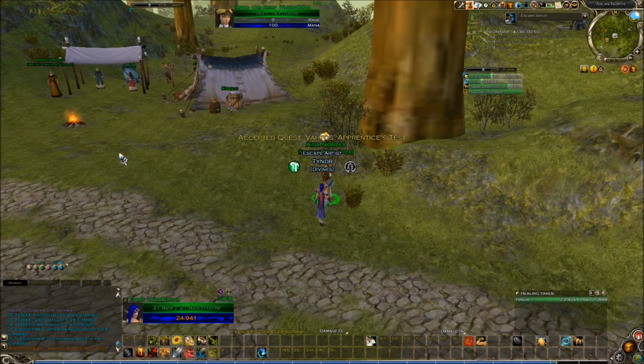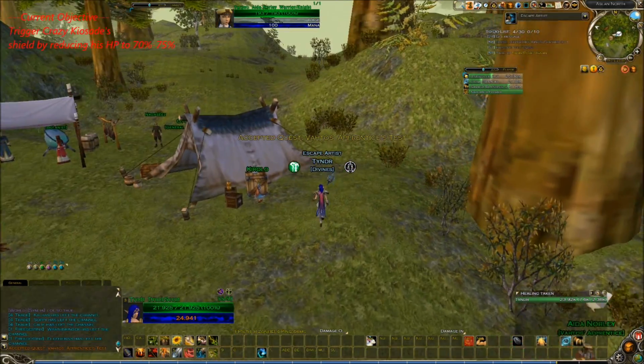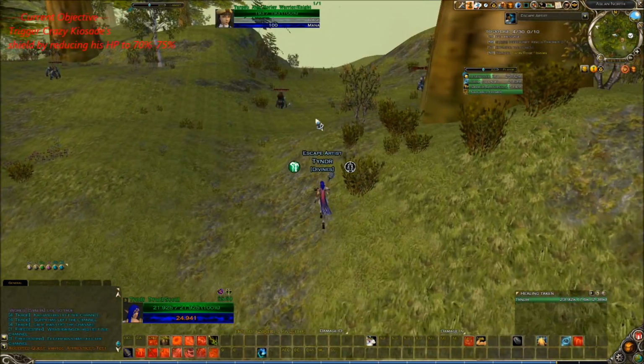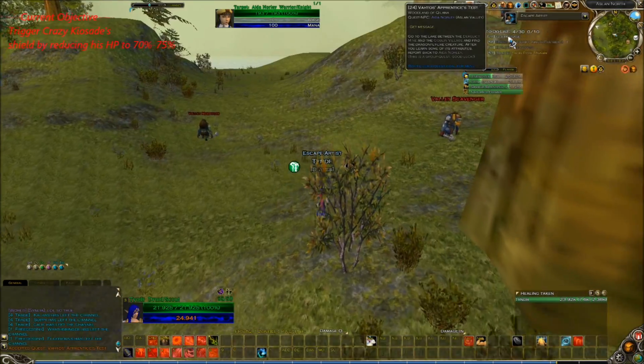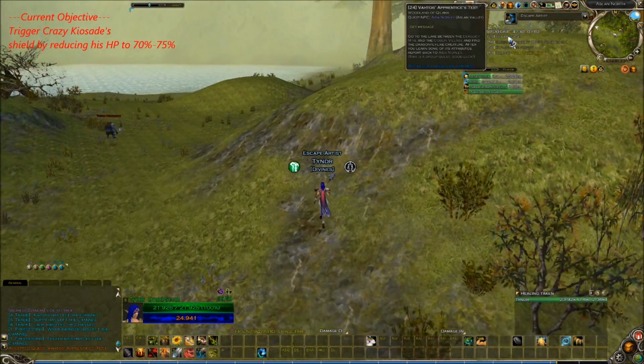Well, let's see. Vhatos apprentice test. This is going to be for the next piece. Apparently I have to get a message, so let's see where I need to go. Get message. Go to the lake between Derelict Mine and Goblin Village and find the dragonfly creature. After you learn of its...